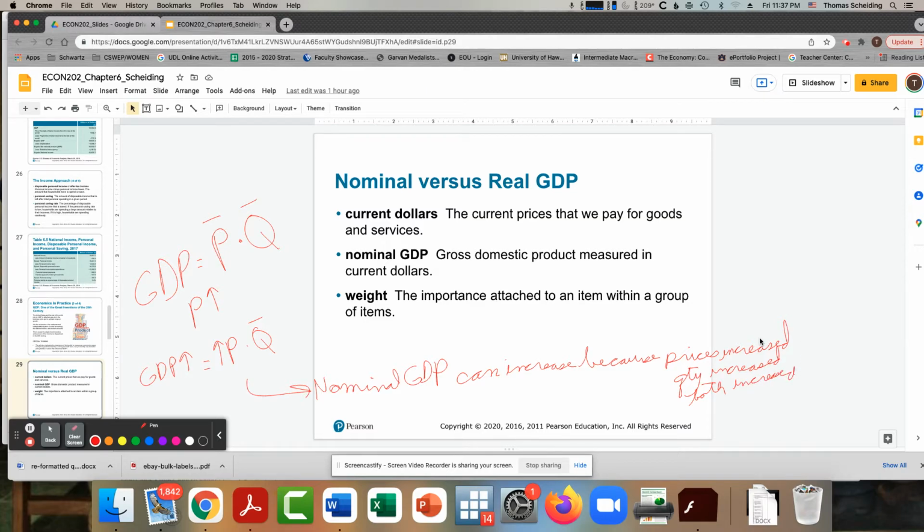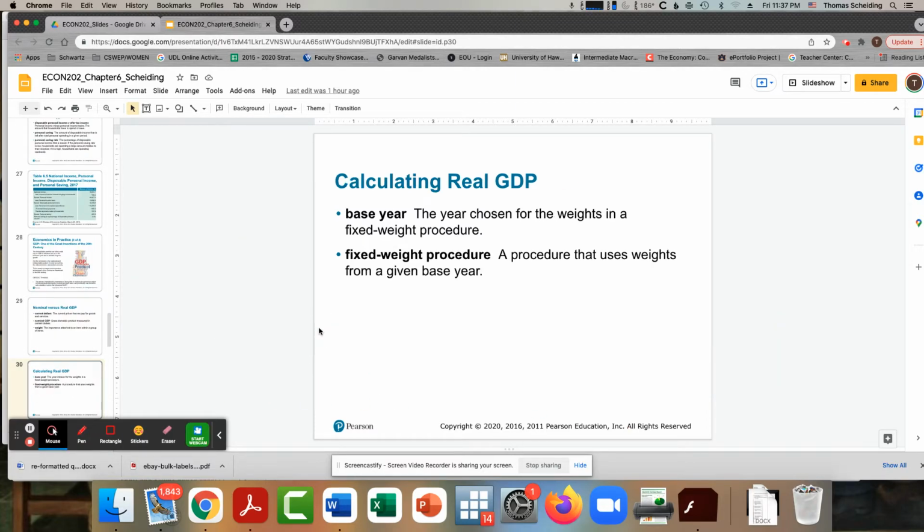And obviously, that's getting a little messy, which is why economists tend to want to look at real GDP instead. So the question is how do we calculate the real GDP? Well, to calculate the real GDP, the biggest thing we need is some base year. We need some year where we're going to keep the prices always at that price level over time. And then we'll allow the quantities to change to arrive at the real GDP.